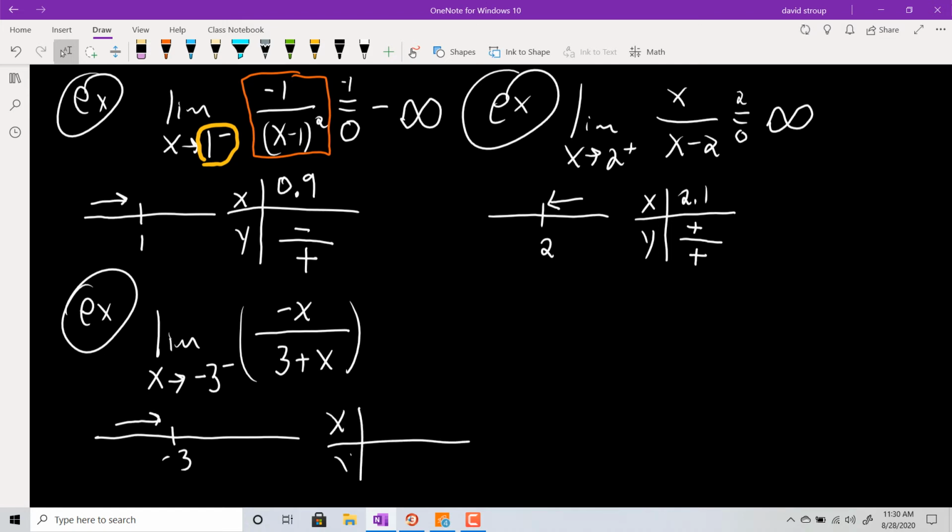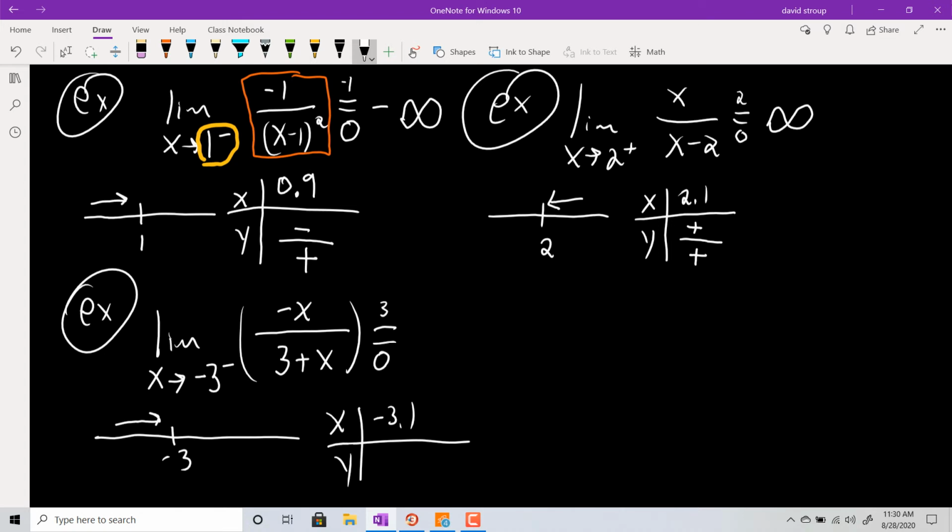Well, I need to check to make sure it's not just a substitution. So if you plug in negative 3 on top, you'll get positive 3. Down below, if you plug in negative 3, you get 0. So yeah, it's either positive or negative infinity. So in the x values that I'm plugging in,